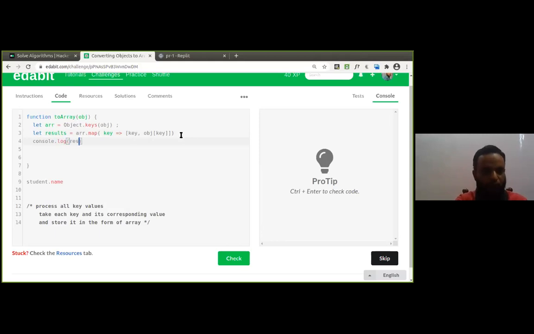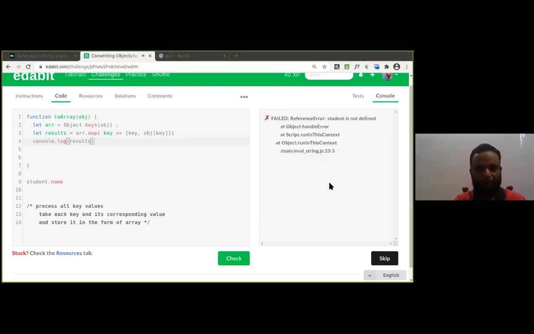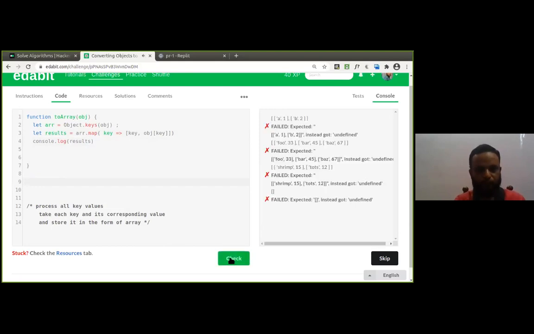console.log of results. Yeah, we got it. A1 and B2 in the form of an array. Good, isn't it?